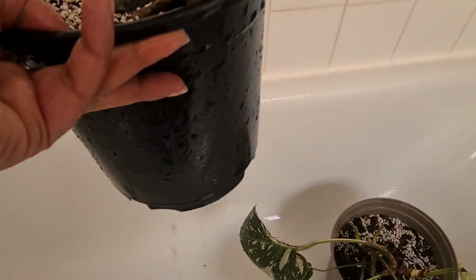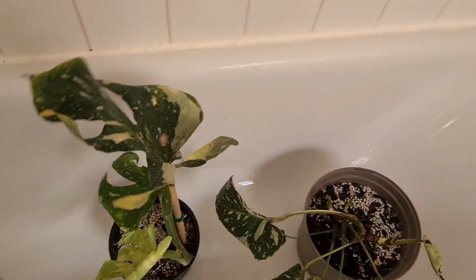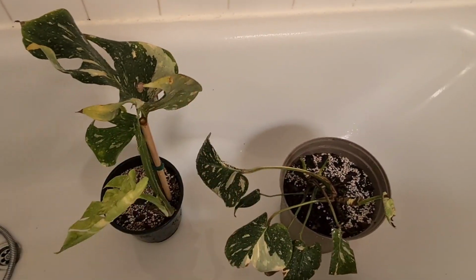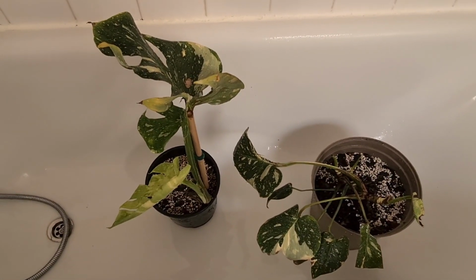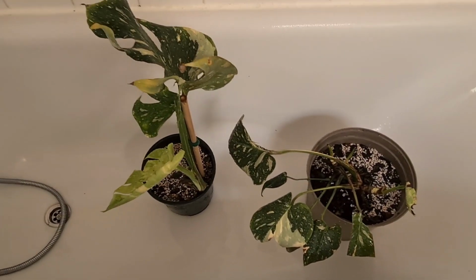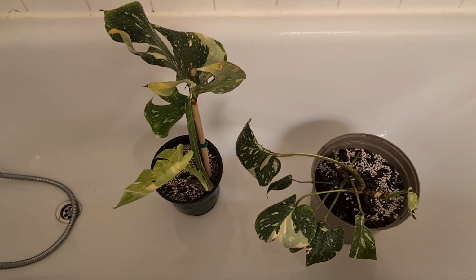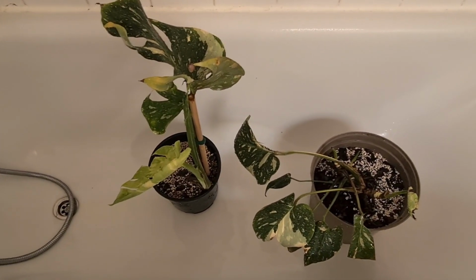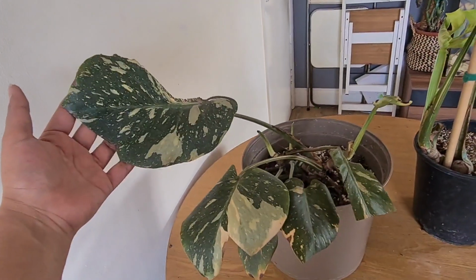And look at that, guys. It's dripping out from the bottom. Perfect. And I will just let that sprinkle out. Let the water dry out, and yeah, just put it back into its place once that's done. So that's how I water most of my plants, guys. I'll bring it into the bath and shower it down and let the water run out, of course. On the Thai Constellation,